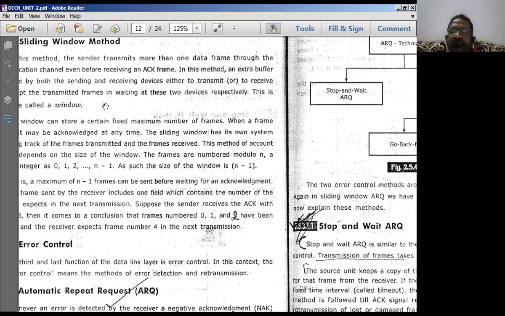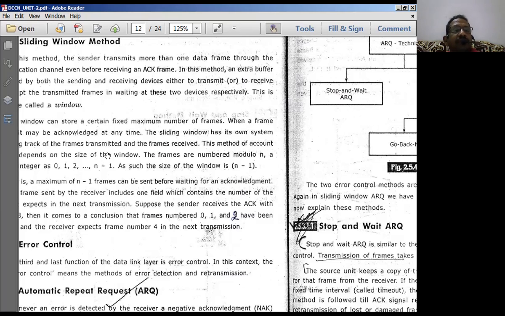Similarly, the same kind of operation is performed at the transmitter. The transmitting station will not transmit the data immediately onto the line. First of all, it transmits the data into the buffer. Then from the buffer, all these frames are transmitted after performing handshaking between source and destination. Thereby the efficiency of data transmission increases, and hence throughput also increases because of this sliding window concept.